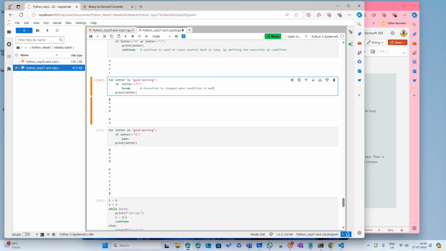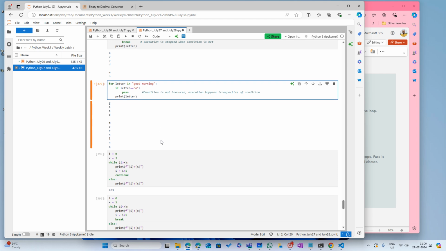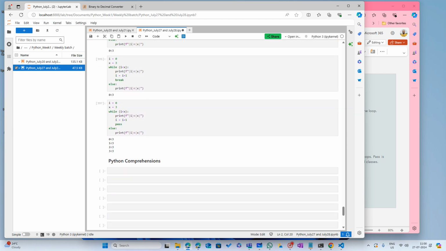Here for pass, the condition is not honored. Even though there is a condition, irrespective of the condition, everything is executed. So that is the difference. All right, so if this is understood, then we are in good shape. Tomorrow